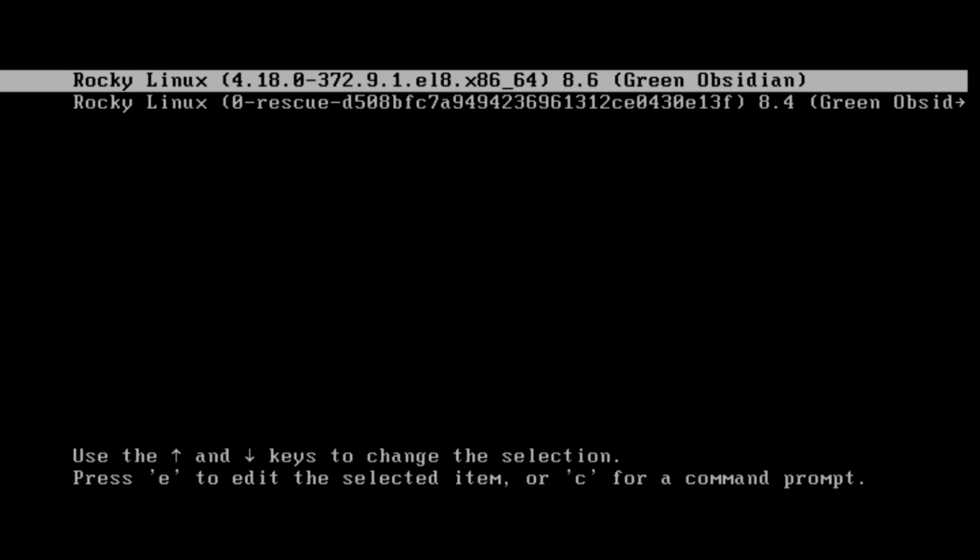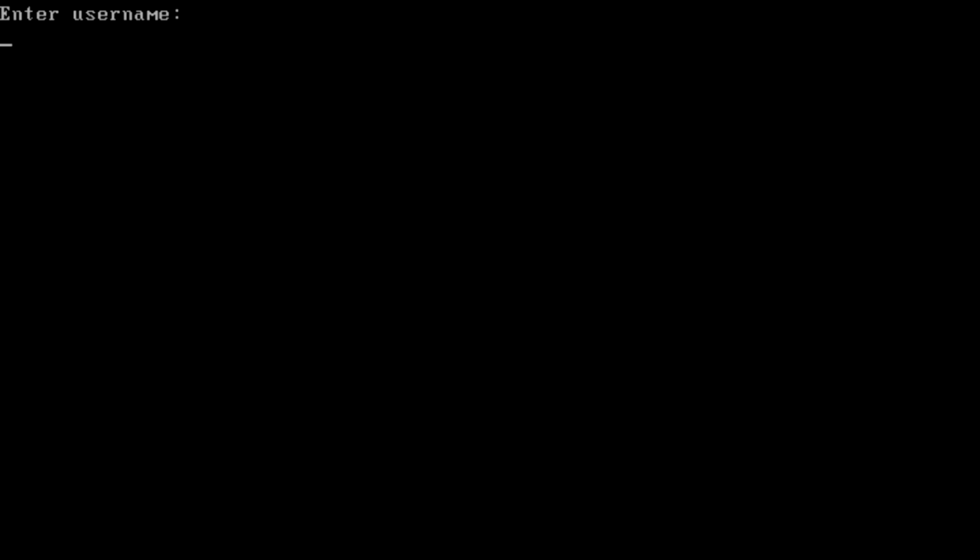Okay, and we are now at the GRUB menu. Press E. Now it is again asking for a username. Provide the username, that is grubadmin. Enter the password. First let me enter the wrong password.